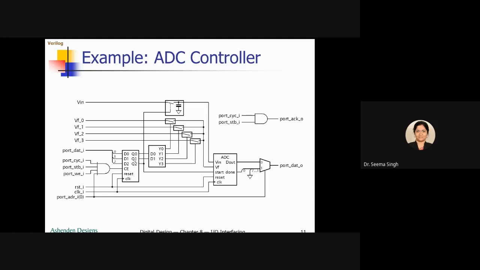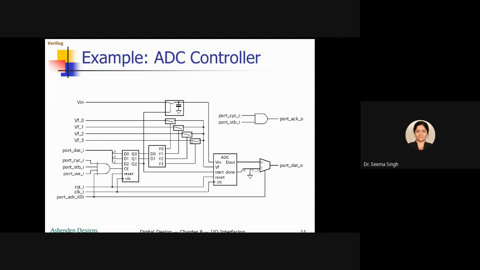I am explaining all this to you because all this will come in a program also. So you should understand the working here properly so that you understand the program later. This 2:4 decoder is taking care of the reference voltage. I hope you have understood this, the sample and hold circuit, and the various levels of reference voltage.